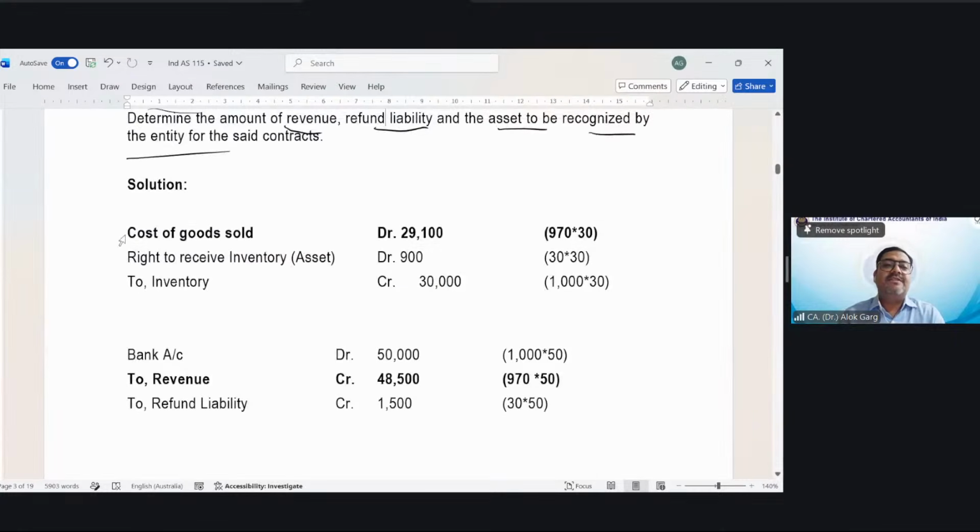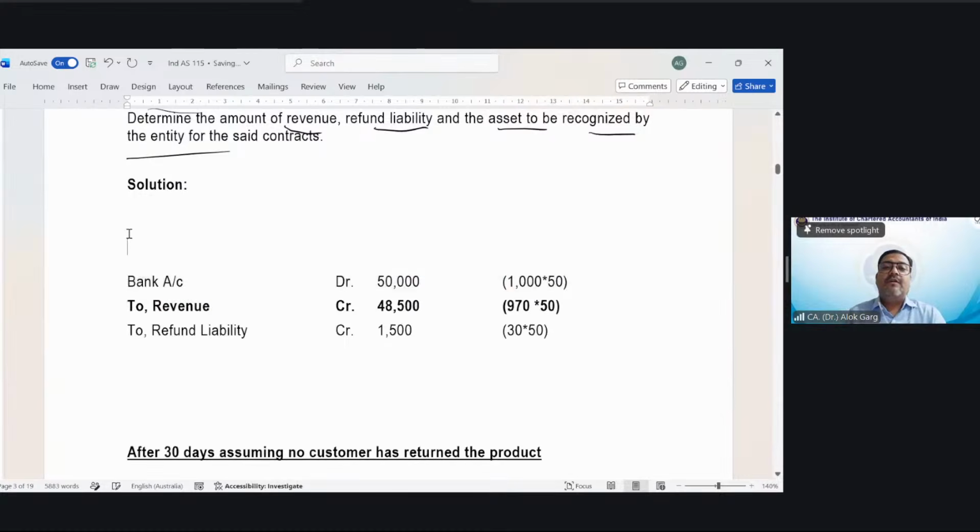Okay. So friends, bank account debit by 50,000, revenue credit by 48,500, and refund liability credit by 1500. 30 products multiplied by 50 rupees. Sir,